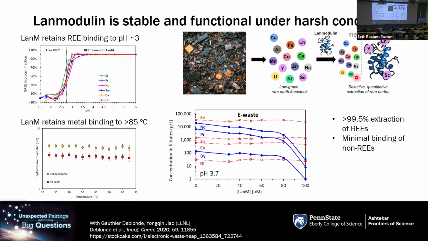And when we did this, what we found is that the protein depleted the rare earths from this electronic waste generated solution, and basically depleted all of the rare earths, 99.5% of the rare earths,